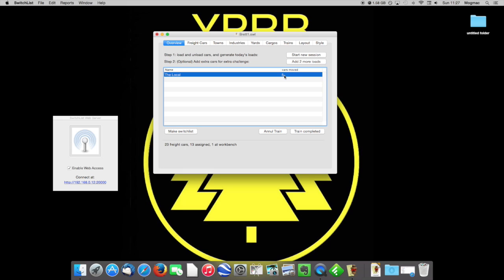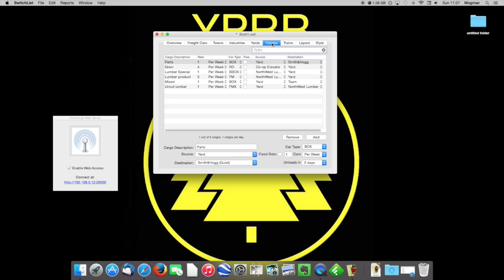Sometimes I'll only have one or two cars. If I want to add a couple more cars, I can add those on. When I've completed the switch list and finished that session, I usually close the application down, save it. Next time, hit on start new session, it'll move forward to the next day's local and generate the traffic for that. So far, it seems to be working okay the way I've got things set up,